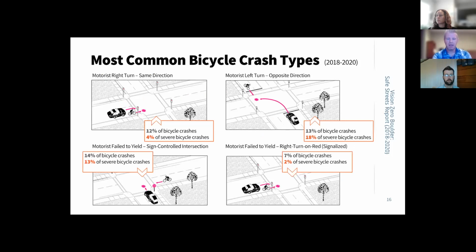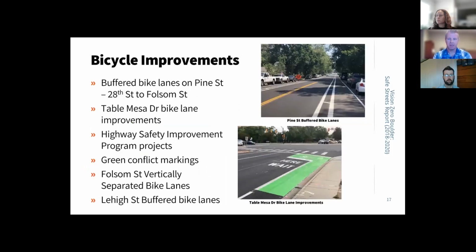Again, this fell out of the PBCAT analysis that we did, and these are the 4 most common crash types involving bicycles. And these account for nearly half, 46% of all bicycle crashes, and 37% of our severe bicycle crashes. These trends generally follow trends from the prior reports. There really weren't any surprises here, but just interesting to find that a small set of crash types can represent a large portion of your crashes. Next slide, please.